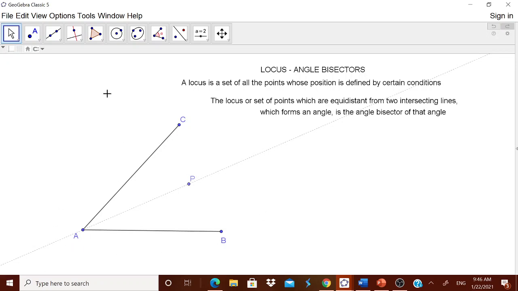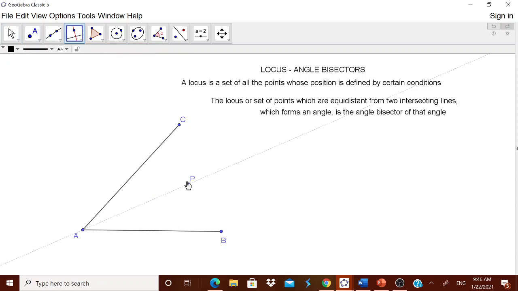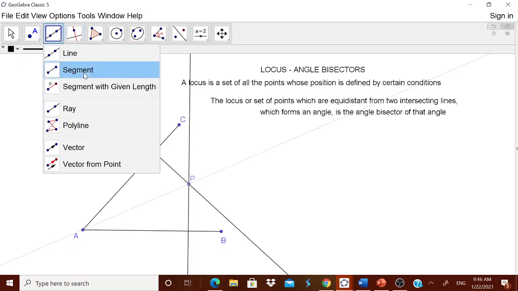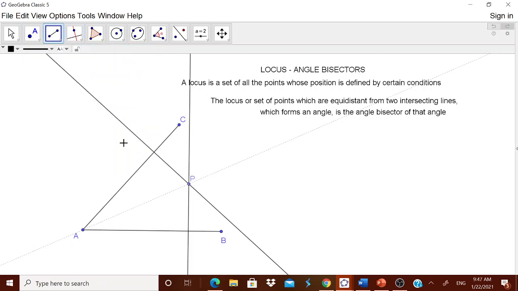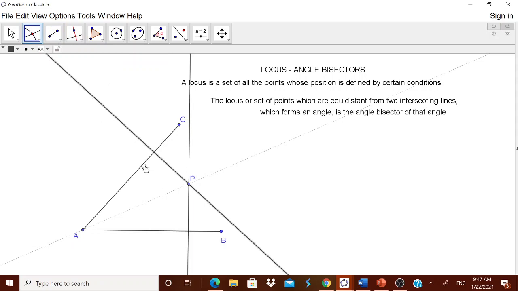There is a line which are forming it. Therefore, for that, go for this perpendicular line. From this point, draw a perpendicular to this. From this point, draw a perpendicular to this, which means that we are talking about perpendicular distance. How to get the perpendicular distance? It is in the form of a segment. Therefore, we should get the point of intersection of this and this. It will be PD, and this and this, that will be PE.